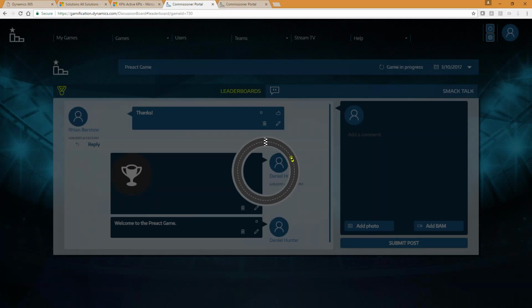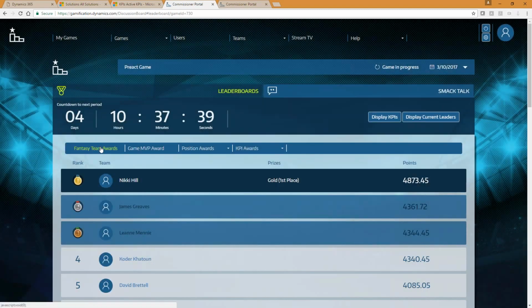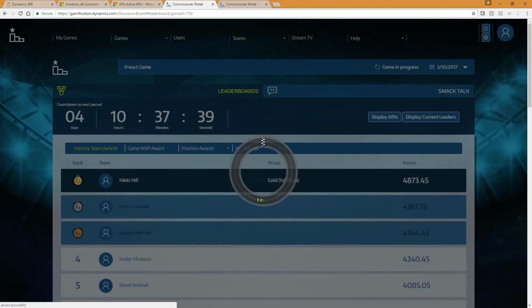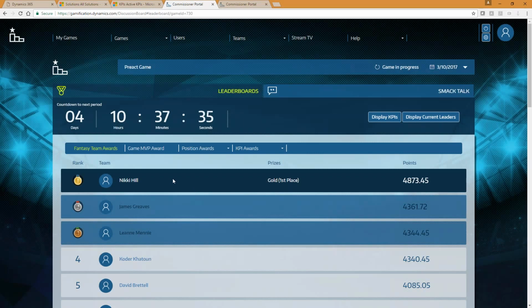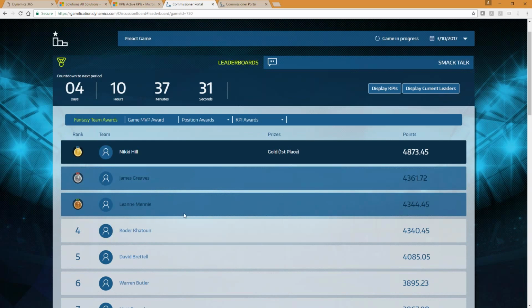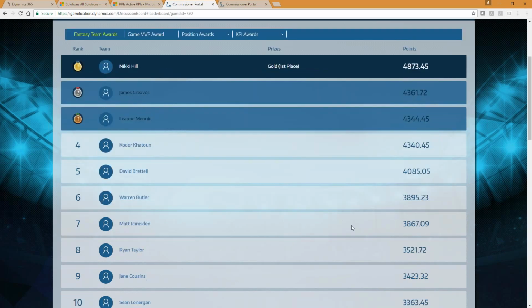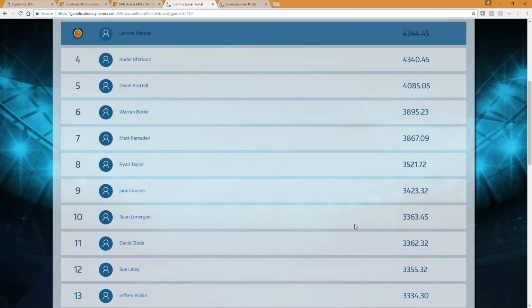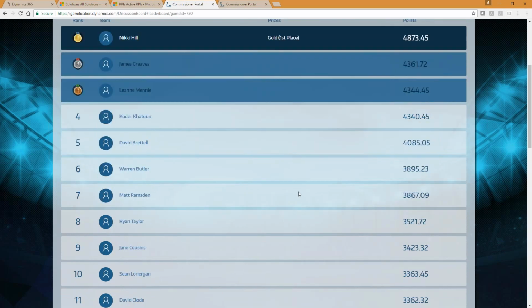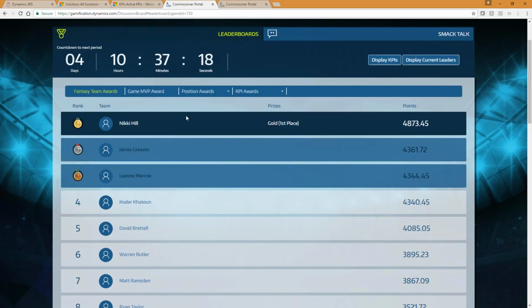It's been running for 7 weeks. And we can see we've got our fantasy team here. So at the top of the fantasy team tree at the moment is my colleague Nikki, followed by James and Leanne. And these users have each picked their rosters for the fantasy team. And we can see here these are all being scored week after week. And each of these players could change their teams week on week. So if they weren't happy with how they're performing, they could swap people out.